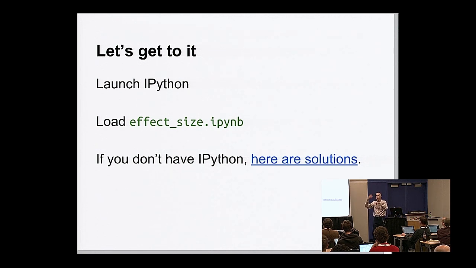We will regroup, go over what you've seen so far. If you want to go on, you can. If you want to cheat and look at the solutions, you can. There's a file in there that's called, same thing, effectsize_solution.ipynb. Or if you can't get IPython running on your laptop, the solutions are in NB Viewer. And so any web browser, you should be able to click on that link and you can just read through the solutions.